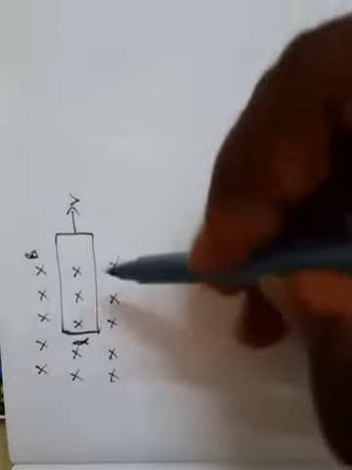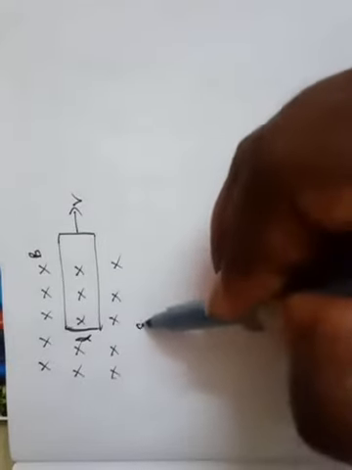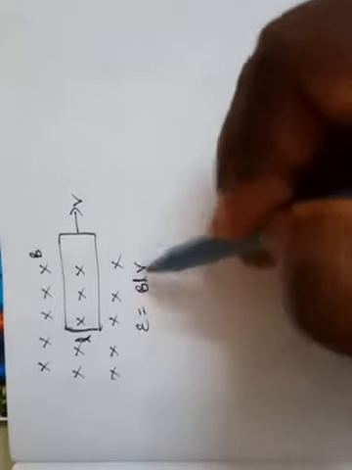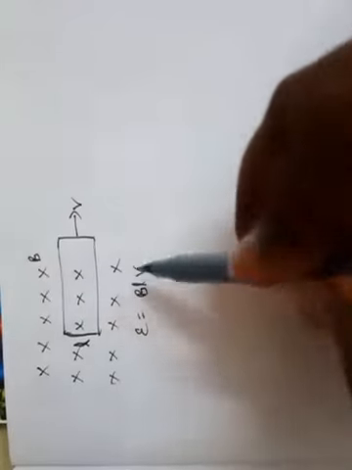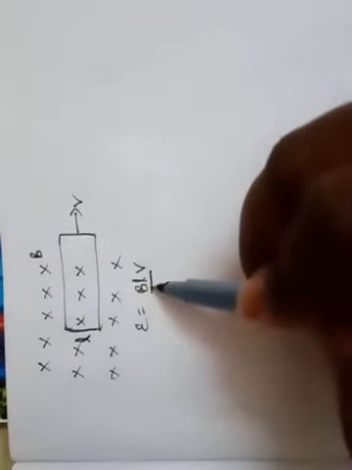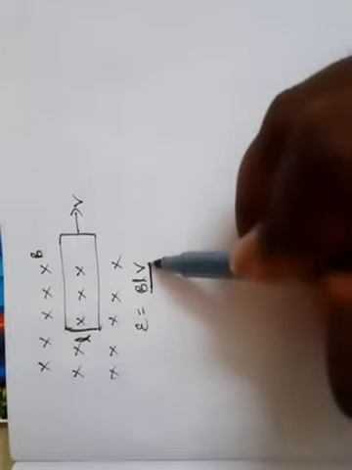Here it is given a uniform magnetic field, and a closed loop is placed. The length of this part of the loop is L, the velocity is V, and the magnetic field is given as B. So in this case, what is the motional EMF formula? BLV. So here this expression is used when